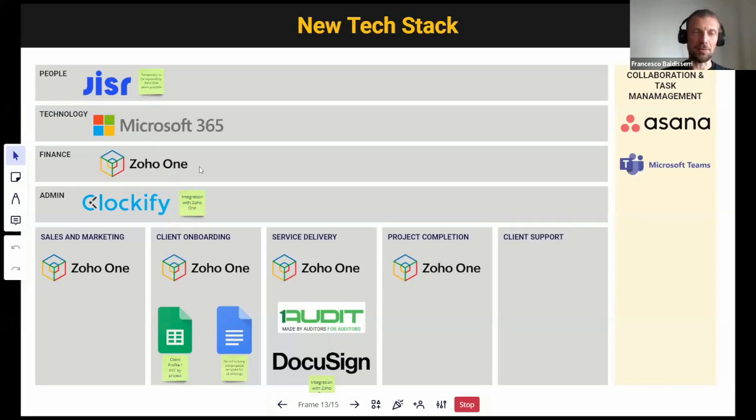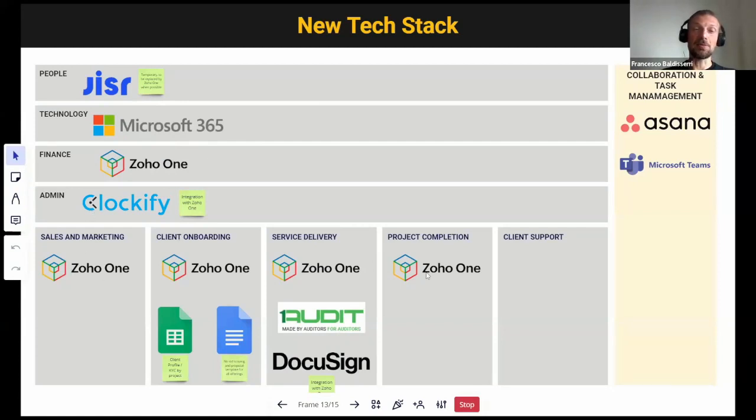It doesn't matter if you know it, but it's kind of a more comprehensive suite of tools for small businesses that can cover finance, accounting, administrative tasks, as well as also business processes like sales and marketing, task management, and so on. So here we propose some changes.